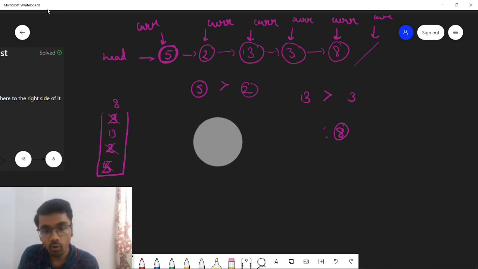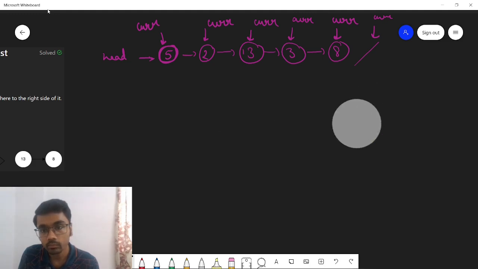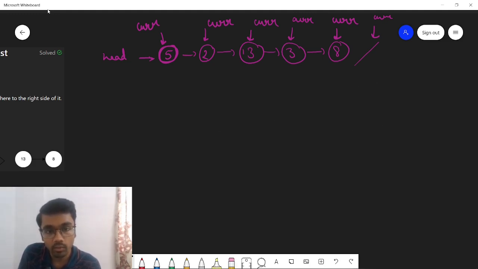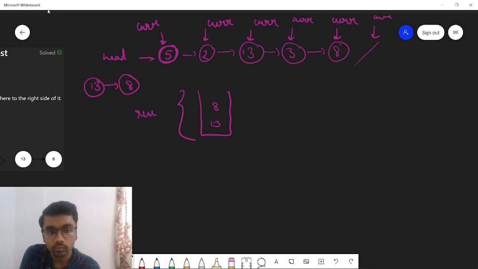So let me just draw what the final stack would look like. So our final stack is looking like this: value 13 and value 8. And if you remember, the final result was like this: 13 and 8. So you can see that this particular stack is currently in the reverse order. So no worries, we can take another stack and we can just reverse this order by pushing these two elements inside this stack. So we'll be taking a new stack just to take the reverse order of the current stack